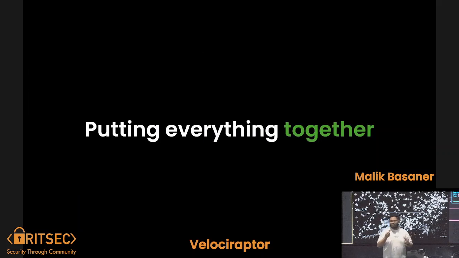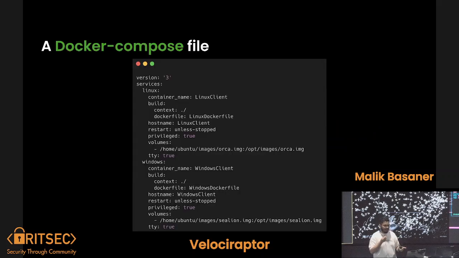So after all, we're trying to put everything together. This main project was aimed at automation, and we're gonna do that with a Docker compose file. This was later automated using variables and stuff, but this is just a proof of concept to make it easy for readability purposes. So we're just gonna define a Docker compose file as Max just showed us how, and then we're gonna discuss some services. The first service is called Linux, which defines a container name, which is gonna be Linux client, and then we're gonna build it. And the Dockerfile name is actually Linux Dockerfile. And we're gonna set some hostname and volumes.